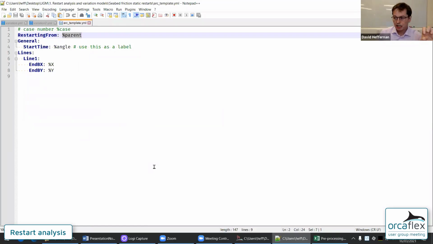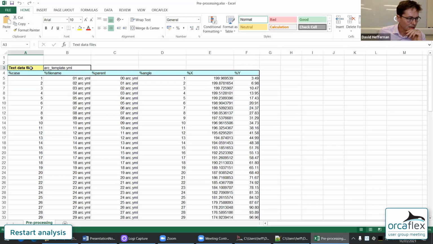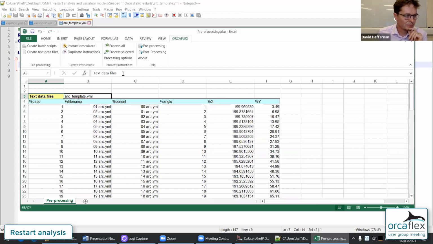This file, you can generate it in the GUI now in OrcaFlex. When you generate it in the GUI, you won't have these percent values in. So you generate it by putting some actual numbers in and then replacing them with the placeholders. That's how it works. I'm having to move around because my zoom toolbar is getting in the way.